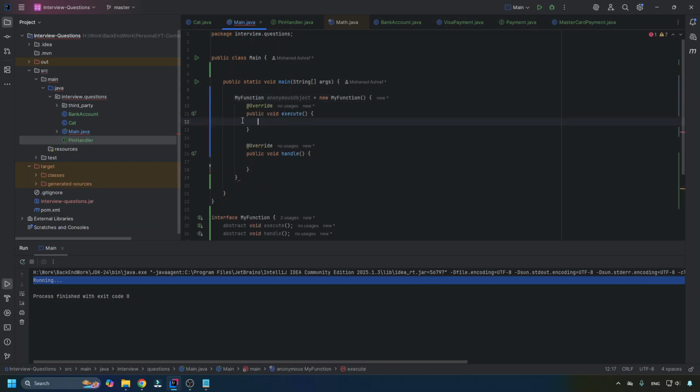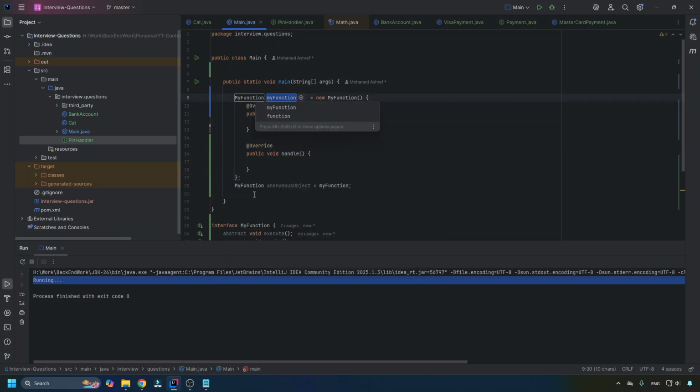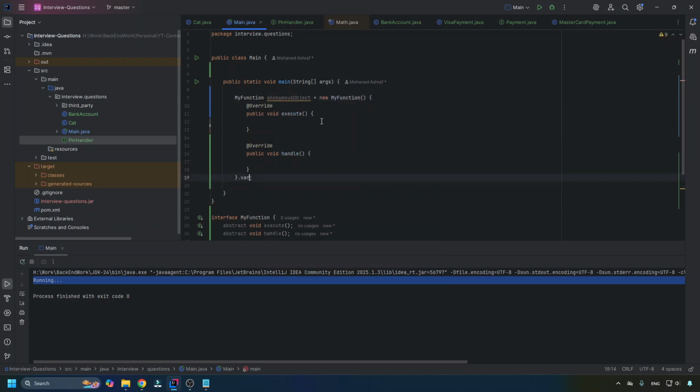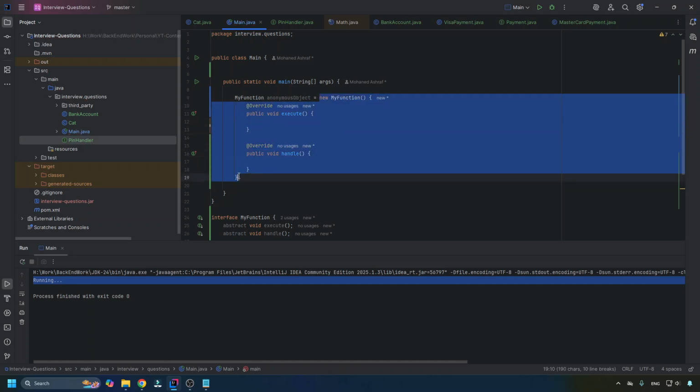If we tried it, you will find that we have override here and override here, and I'm adding a semicolon here. Now we're creating a new anonymous object to handle this. And if you tried to add this variable here, you will find that we're gonna be including it in my function here, but this is basically an anonymous class. So this is an anonymous object. I mean, we have created an anonymous object in memory,